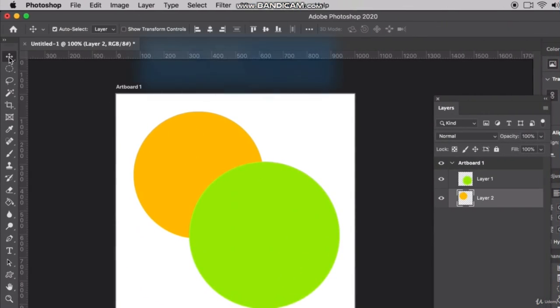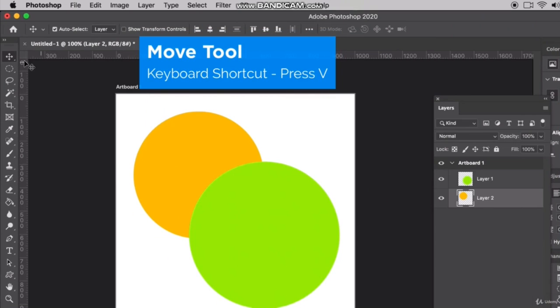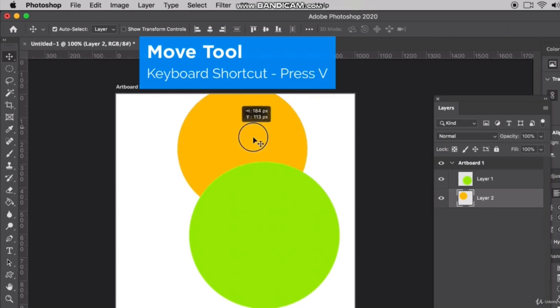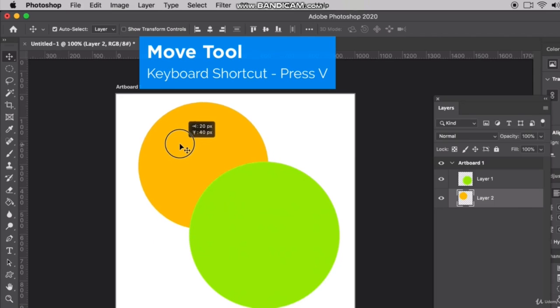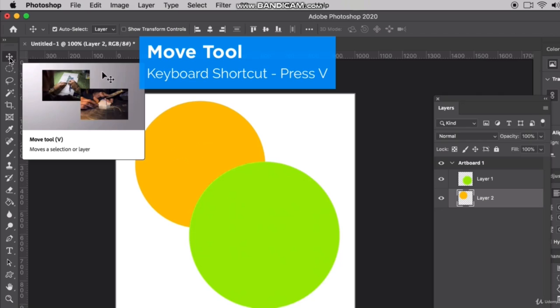Let's go ahead and we have our move tool, which is the top tool up here. That's what we select when we want to be able to move particular objects around. And I'm not going to talk about shortcuts too much now because you're still learning the basics of the software, but it's really nice to learn those keyboard shortcuts. For, in this case, it's V. So if we ever want to access the move tool, we just type V in on our keyboard and we'll